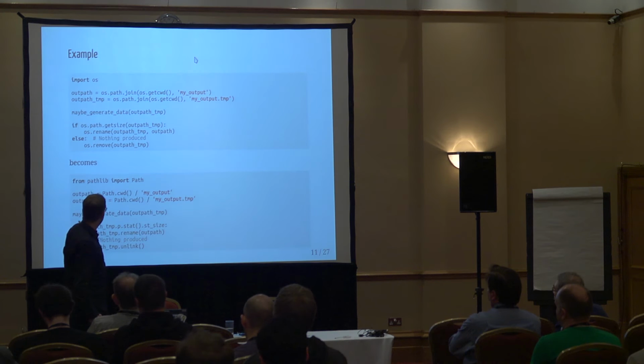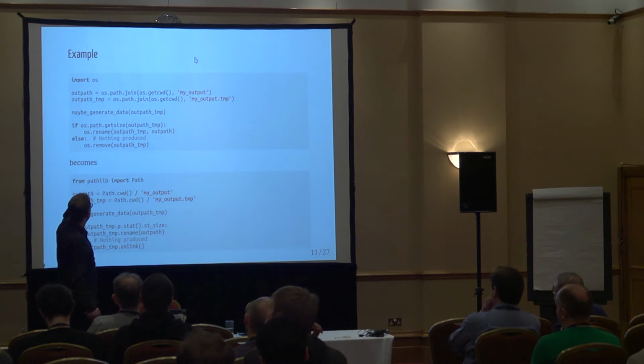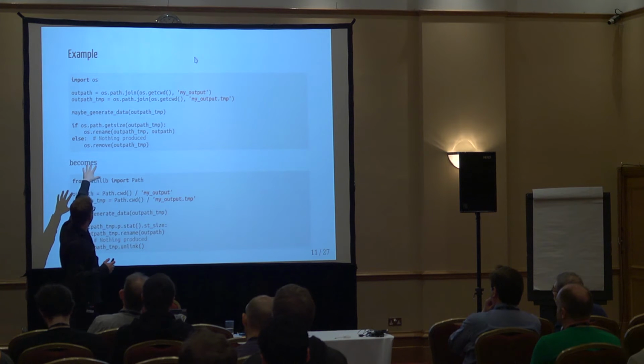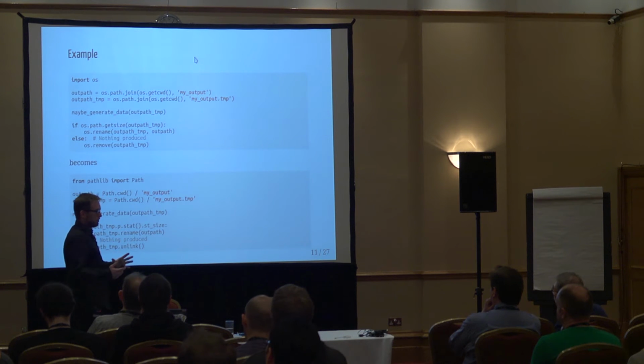So a little more in-depth example here. Let's look at the top code first. This is before a rewrite to pathlib. What we're doing here is we have a function, I'm just calling it generate_data. It's a function that takes a path, and then it writes a lot of data to that path, except that